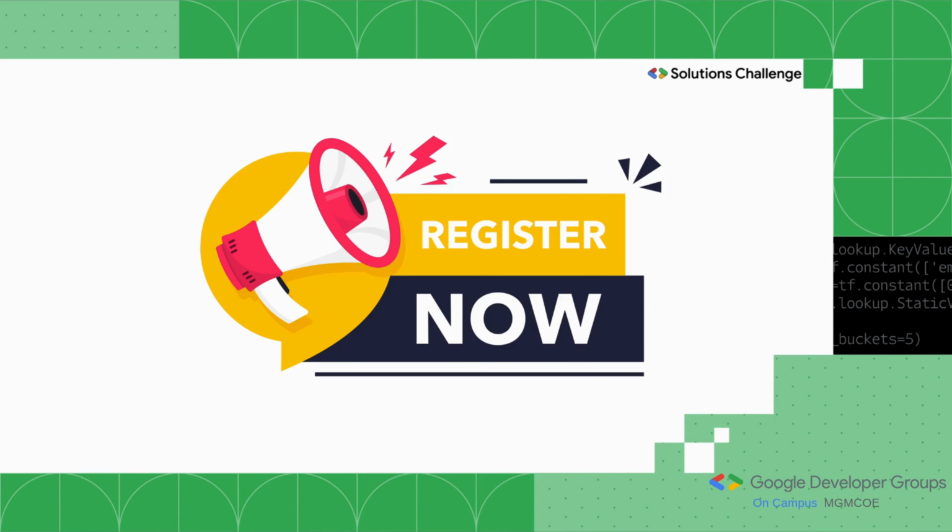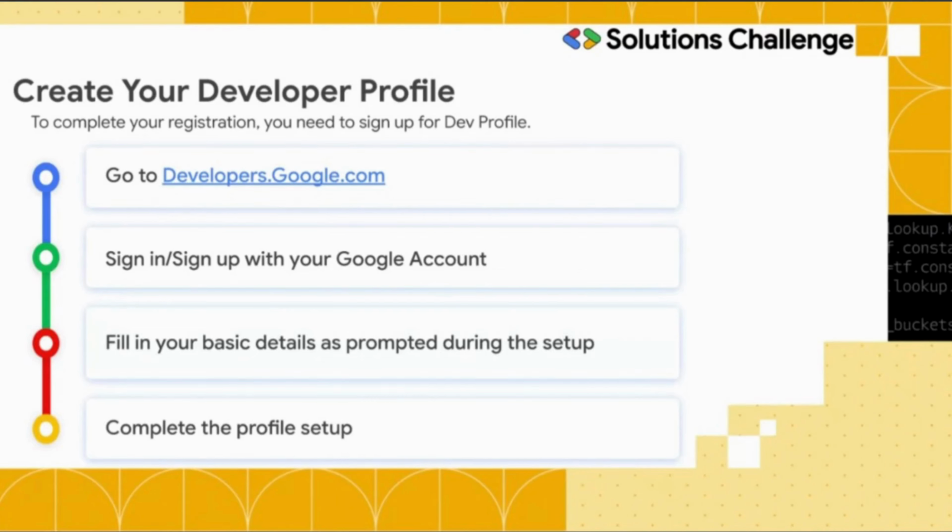First, we will develop our developer link, and second, we will register to the website. So let's see how you can do this. For making a developer profile, you have to first visit developers.google.com, and then you have to sign in with your Google account, and you have to fill your basic details as they will prompt you, and then you have to